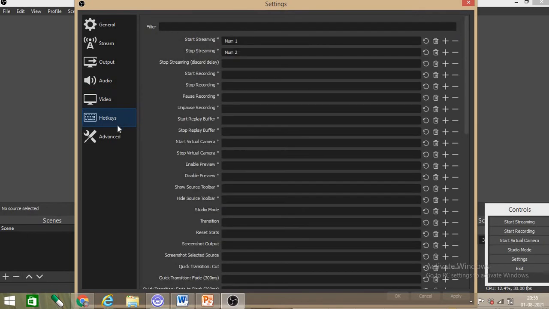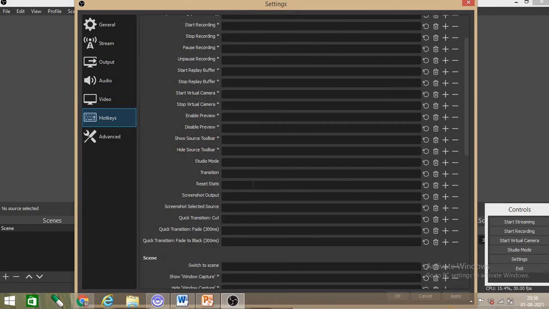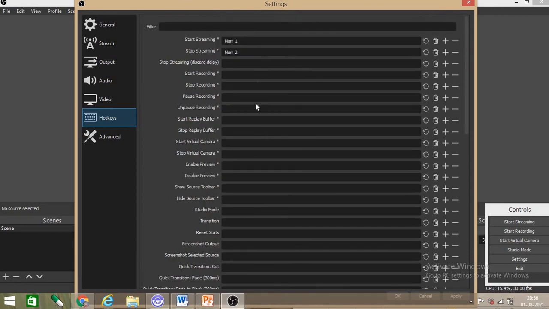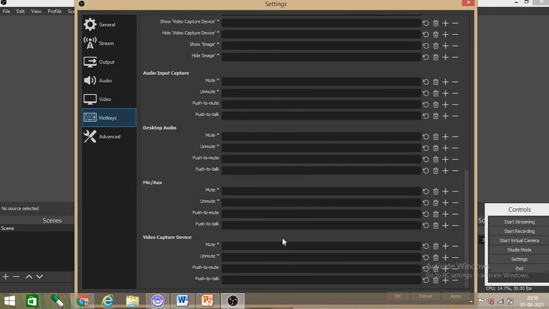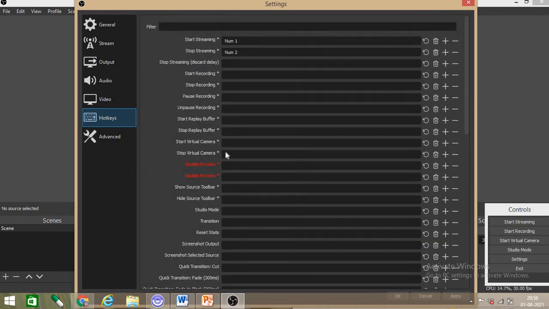Then the hotkeys. Suppose I want hotkeys: on pressing 1 the streaming will start, on pressing 2 it will stop. So you can give all hotkeys here, if you want. Or else, here start recording is there, stop recording will be available, or you can give the key.